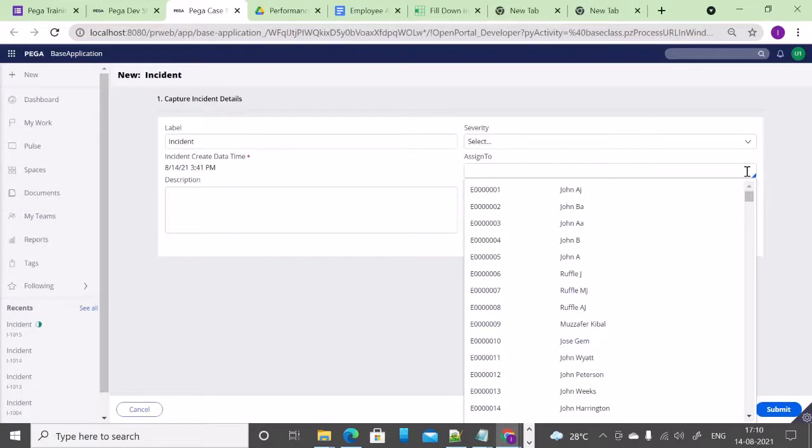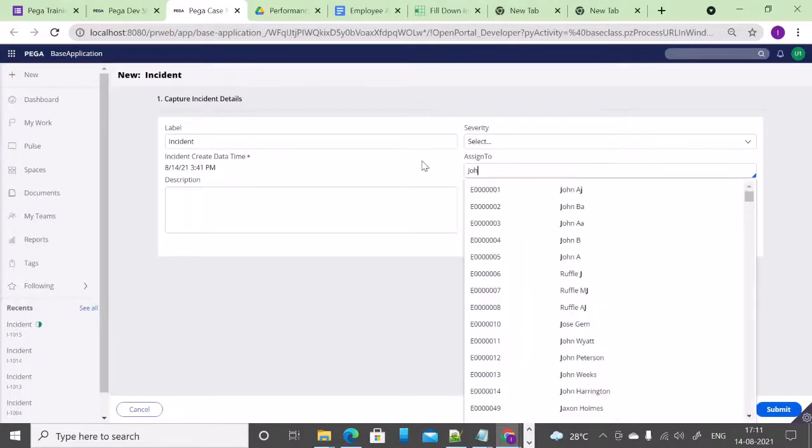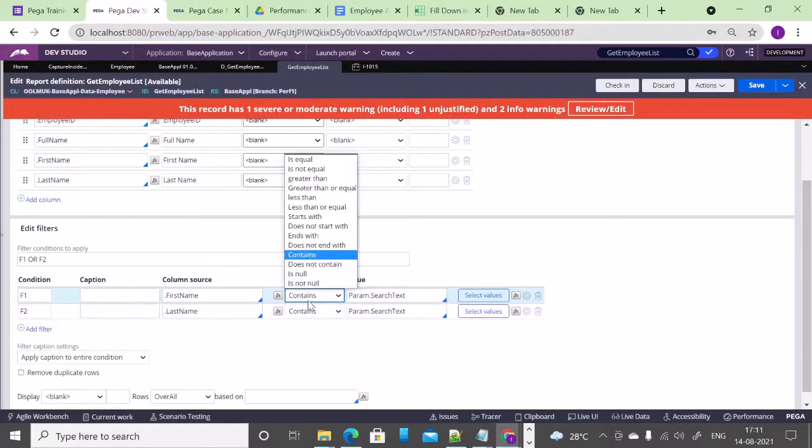If that is not the requirement from the client, most of the time the users would search with starts with, meaning I want the persons or employees whose first name is like John, or last name has John. So that's what they would generally search for. It's better to use starts with instead of contains.